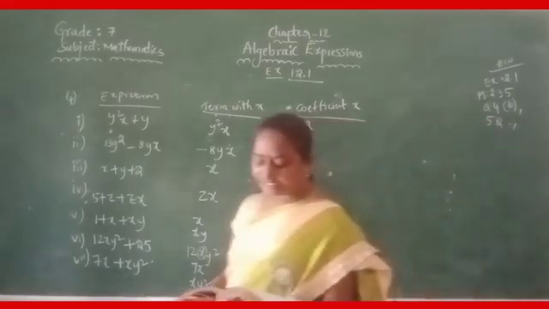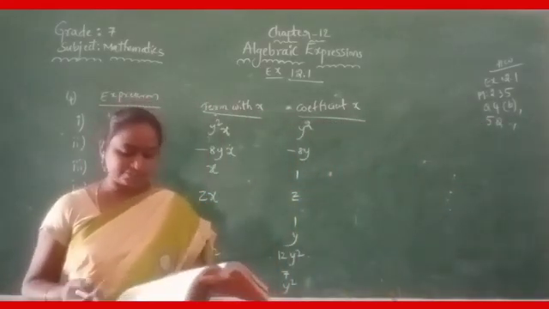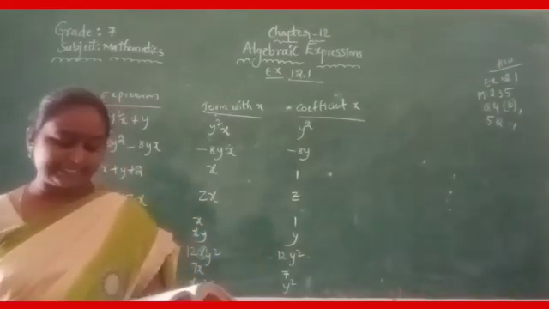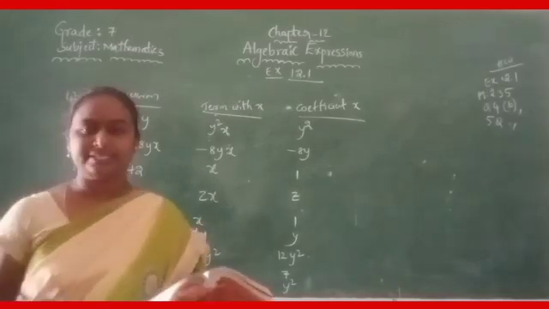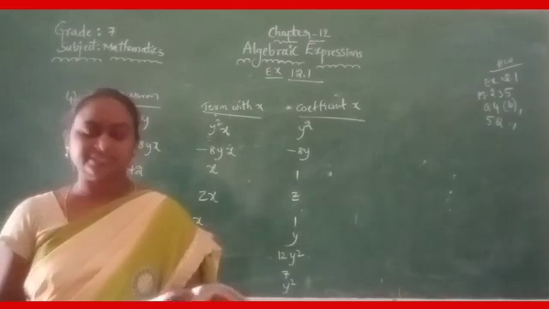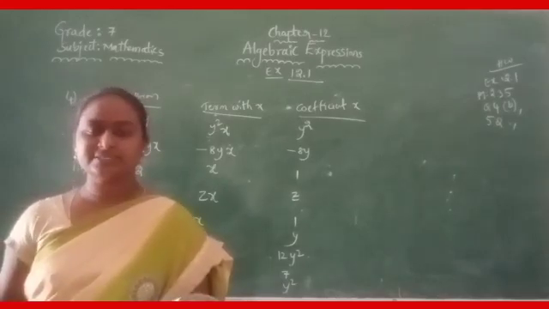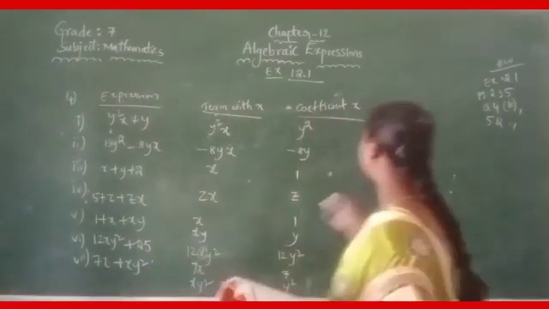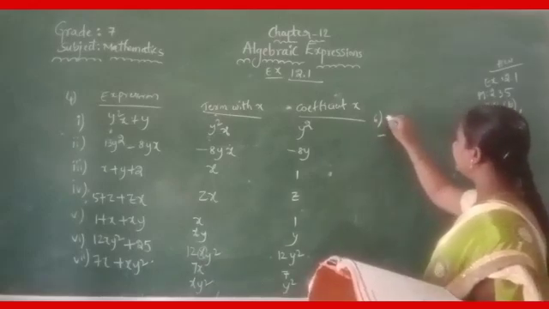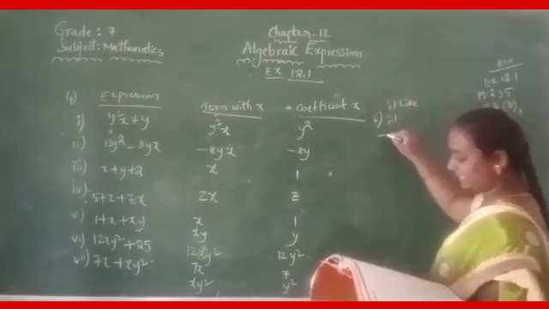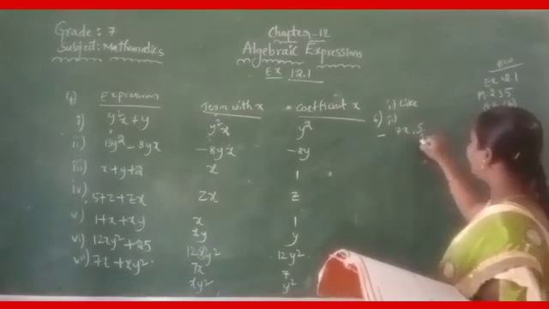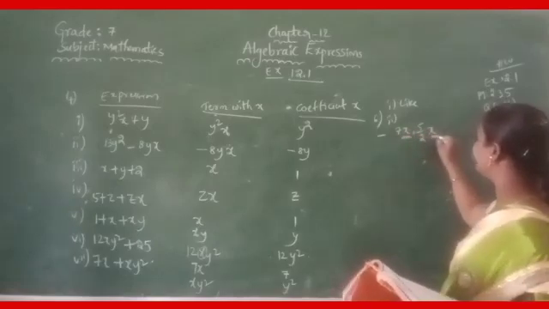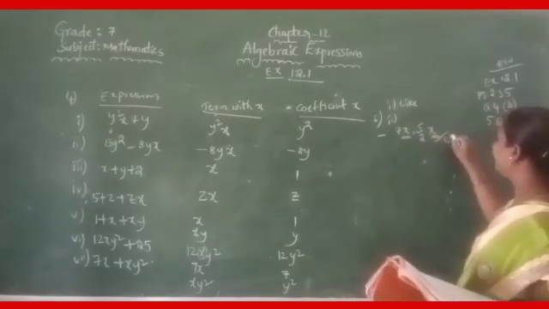And see, the sixth question: state whether a given pair of terms is of like or unlike terms. So 1 and 100: these are constant terms, the same kind of constants. So yes, these are like terms. Second one: minus 7x and 5/2 x. The algebraic factors of the terms are the same, so we can say that these are like terms.